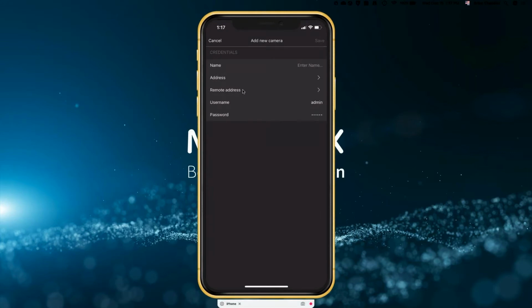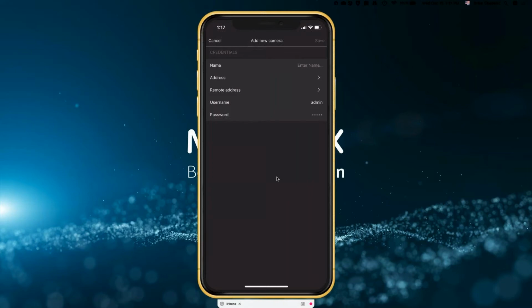Just remember, again, if you want to get to it from off-site, you would have to have set up your router and or your firewall in order to get the right information to put in here, most likely like a port forward type of thing, or a DYN DNS type connection, and then have that in there. So just in case you are on vacation somewhere, you can still get back to your cameras with this app.